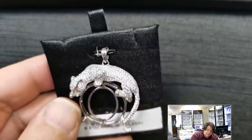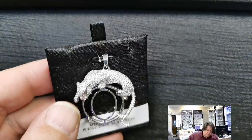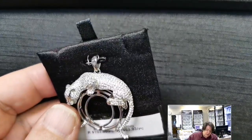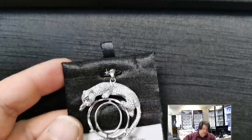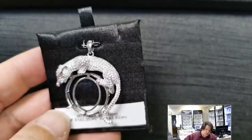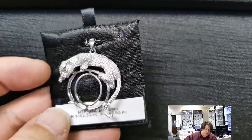And golly, even with the seats already made in when it's cast, putting all those stones in there and setting them all in there, God, what a pain, just tons of labor. But once you put a stone in there, golly, you won't be able to take your eye off it. And again,